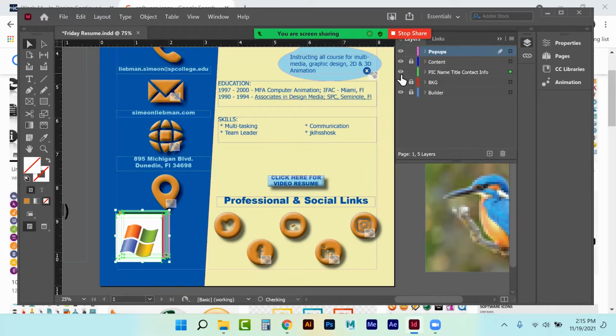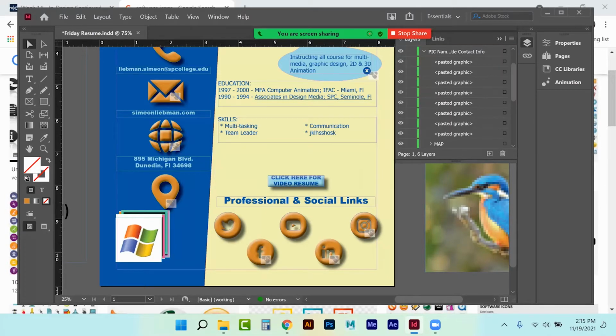Now I may want to make a new layer for this. Let's see, I think it went into that folder there. Yeah, see, these are the pasted graphics I just did, and I just put them in the wrong